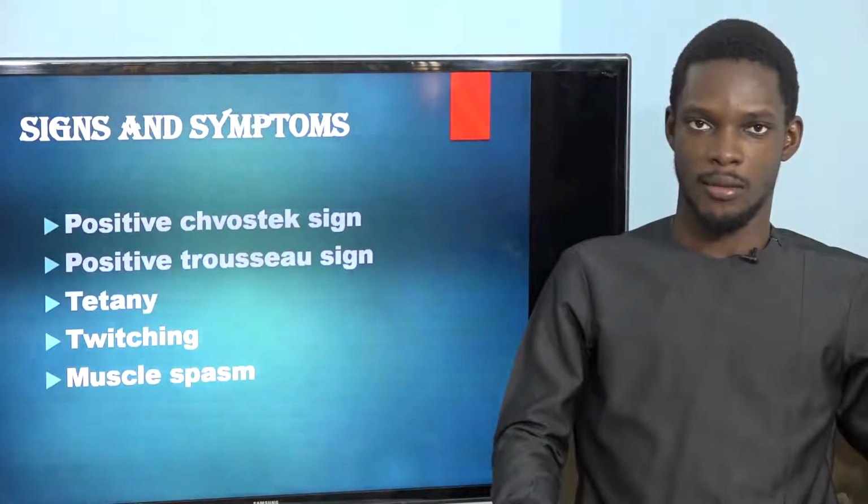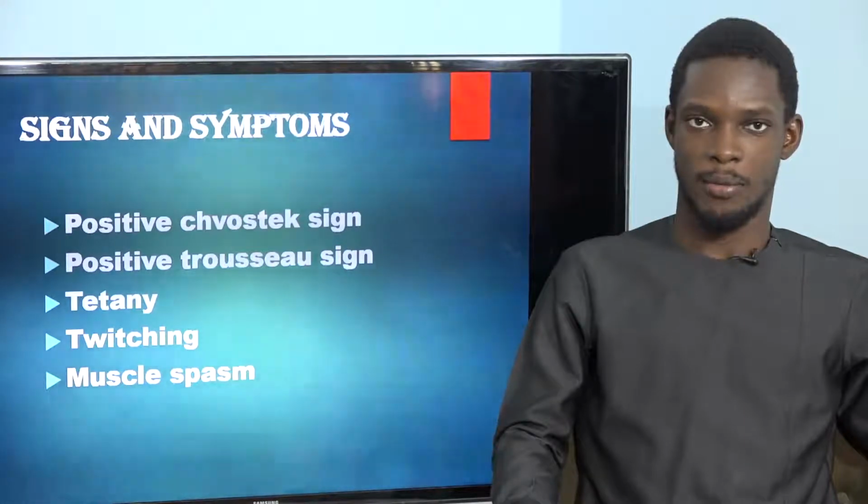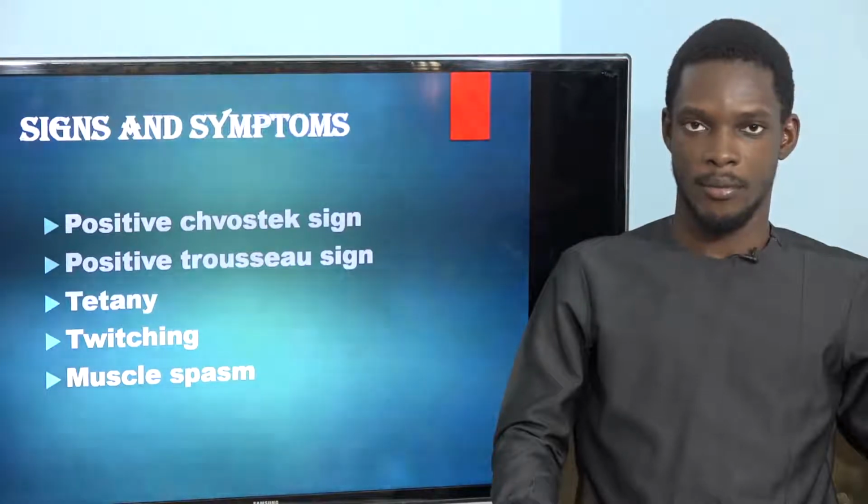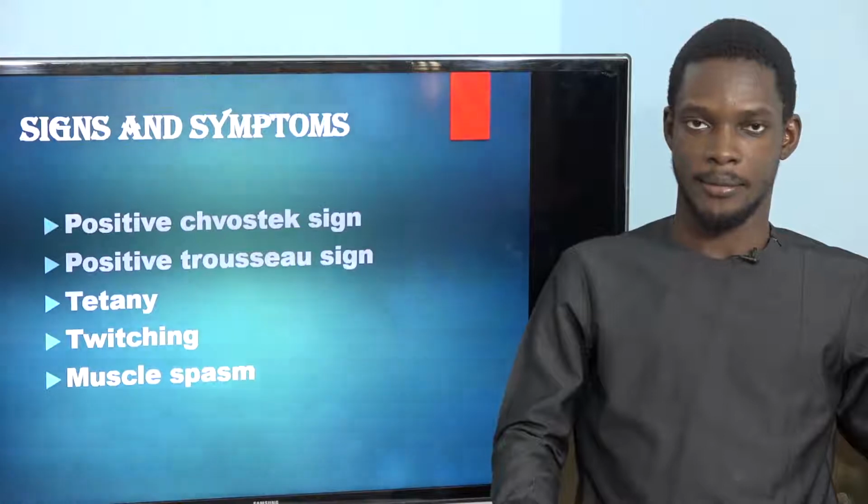Trousseau sign means that whenever you inflate a cuff to check a client's blood pressure, or whenever you apply a tourniquet on the client's arm for a relatively longer period, the client's fingers begin to spasm. As was stated at the beginning of this lecture,